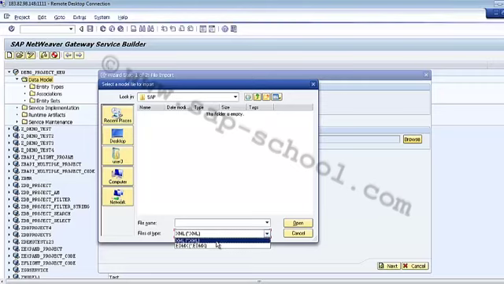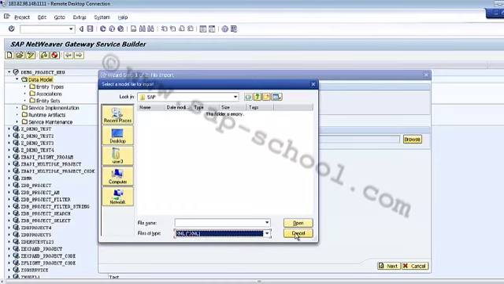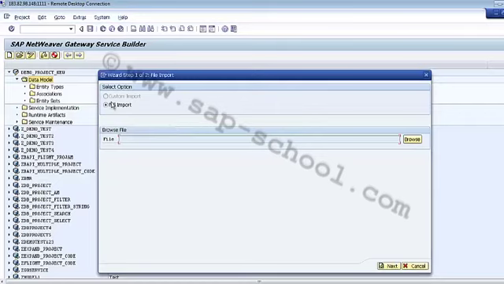If I choose any other format file, it will throw an error. Once we choose the file from here, it will automatically import the entity types under my data model. So this way we can import the file using the new project, and after that we can save the project.